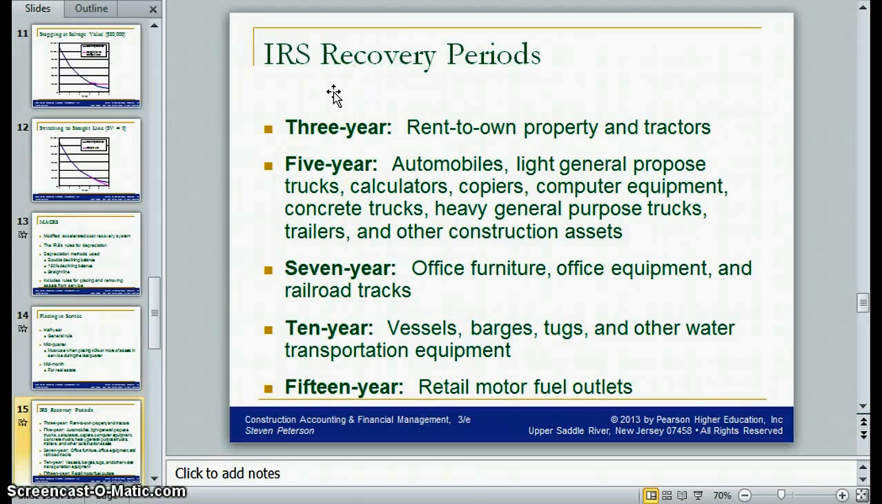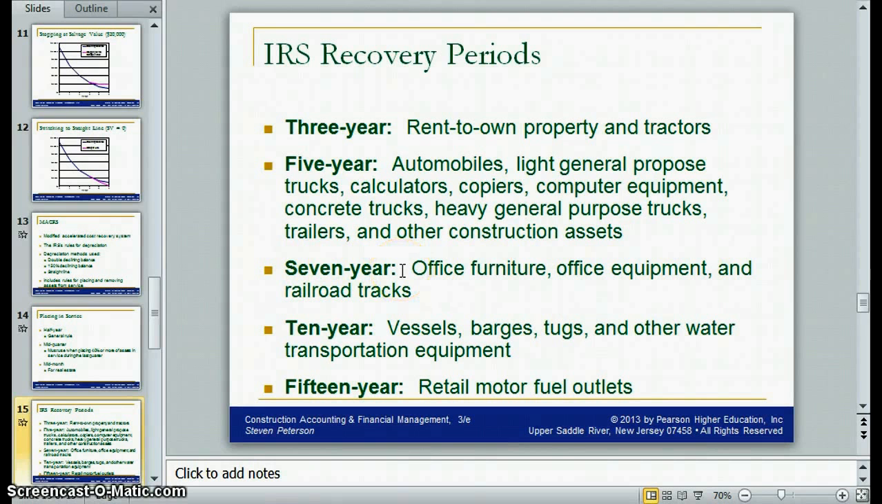Again, the Internal Revenue Service provides recovery periods for specific types of assets. Okay, this is certainly not an accounting class, but I think it's important to be aware that these assets are identified in the tax code. Depending on the asset, they could be classified as a 3-year, 5-year, 7-year, or 10-year recovery period. For example, a heavy general purpose truck is going to be considered a 5-year asset, whereas office furniture or office equipment will have